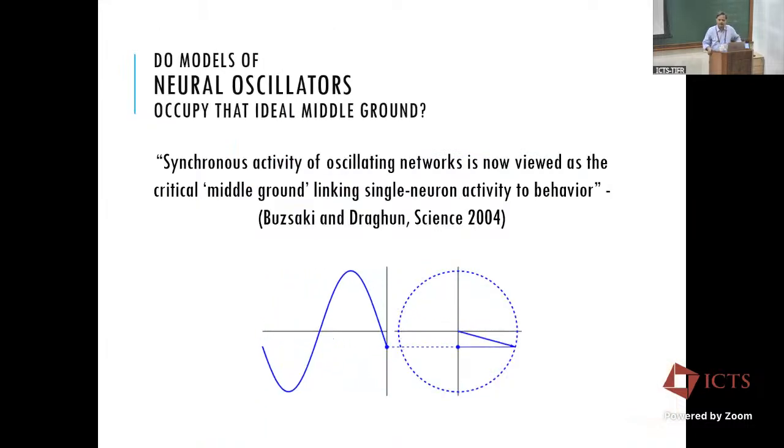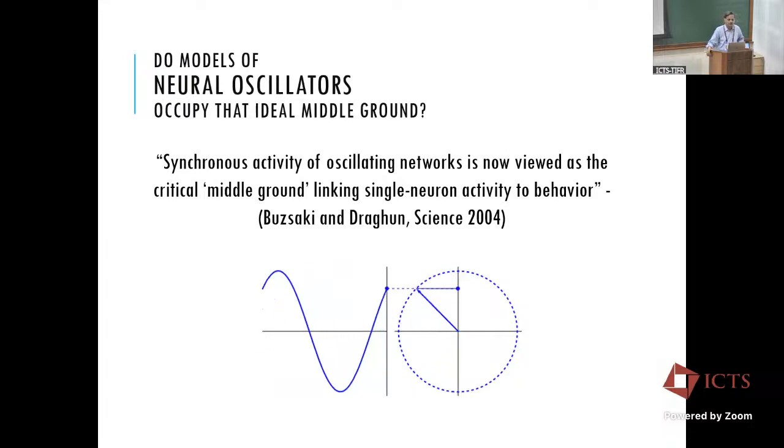There is no grand theory of oscillations which will tell you why gamma is used for this purpose, why theta is used for this purpose, and so on. There's no unified theory of oscillations which will tell you why the brain uses oscillations the way it does. What we have is a lot of empirical stuff. So there's a need for some kind of a grand theory of neural oscillations.